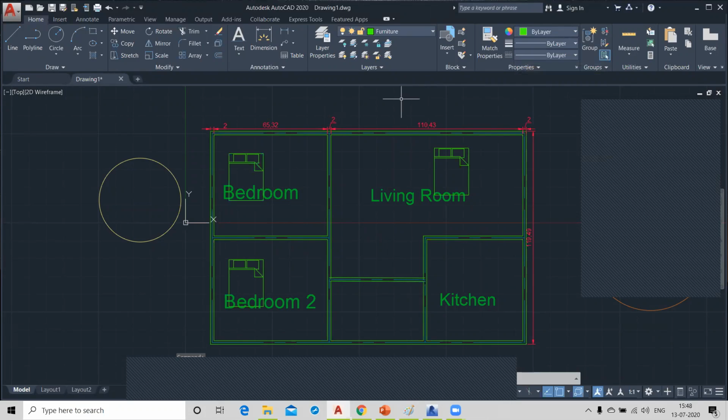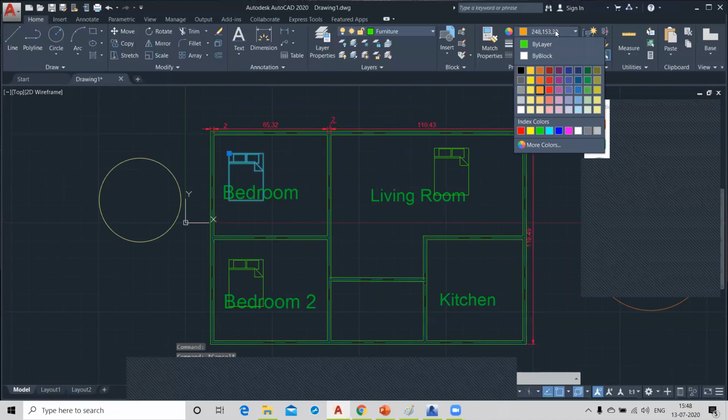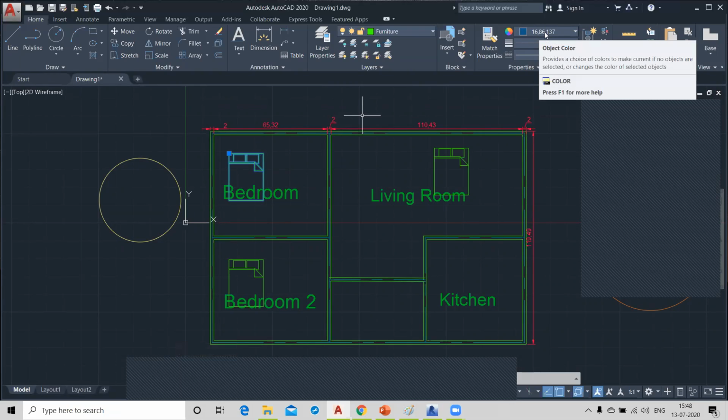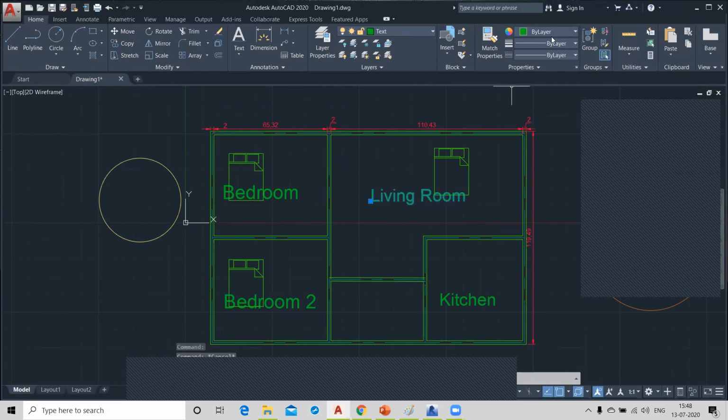See, just select your furniture. The color is not changed. It will become green color also, but here it shows from the layer. See, the text color is changed, but your furniture color is not, because this is made up of a block; that's why the color is not changed.